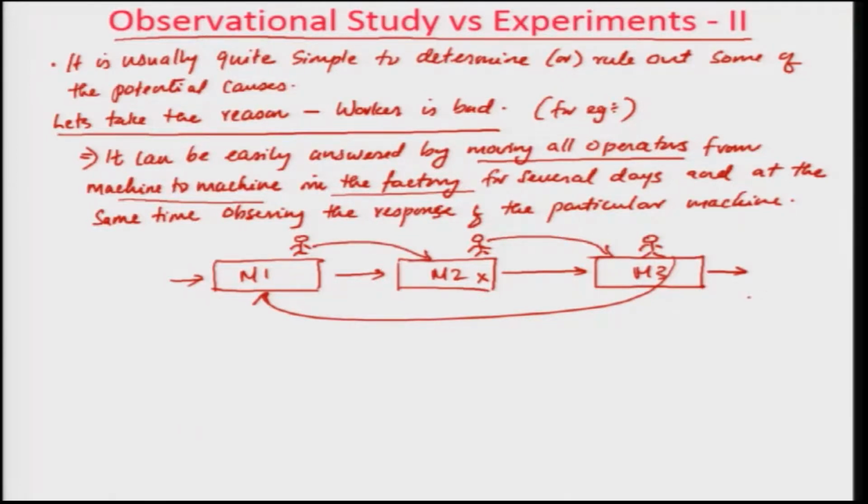and then you observe the output of the machines, and then you rotate it again. So, you keep on rotating workers for several days, and then you observe this. Okay. So, then we can find something. If poor output, this is the quality, follows the operator,